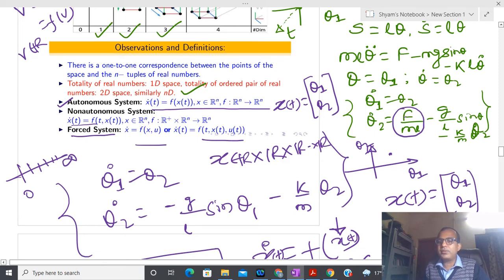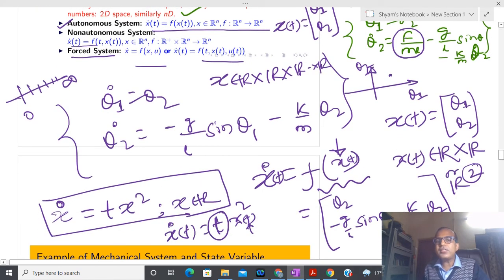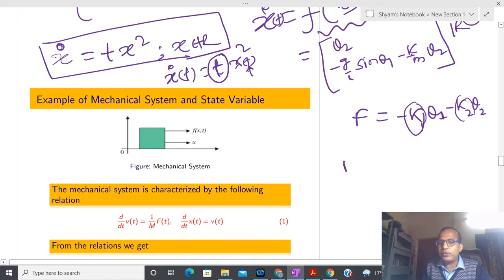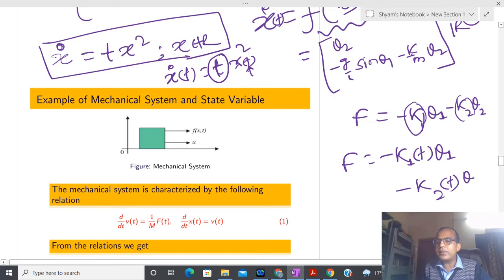Autonomous. Okay, so basically the original system is a forced system, and once we design some kind of feedback controller, it falls into either autonomous or non-autonomous. I will give you an example of when it becomes non-autonomous. Suppose you design the control like this, K1(t) and K2(t), where K1 and K2 are explicit functions of time. Could you please tell me whether this same system is autonomous or non-autonomous?